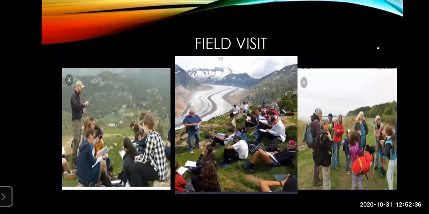Means if you want to study any element and have a clear idea about it, then you're going to visit that particular place to study the element. Field visits are extremely useful for understanding the correlation between humans and environment. When we study geography, we are actually understanding about humans, their lifestyle, their settlement, how it is related with environment.